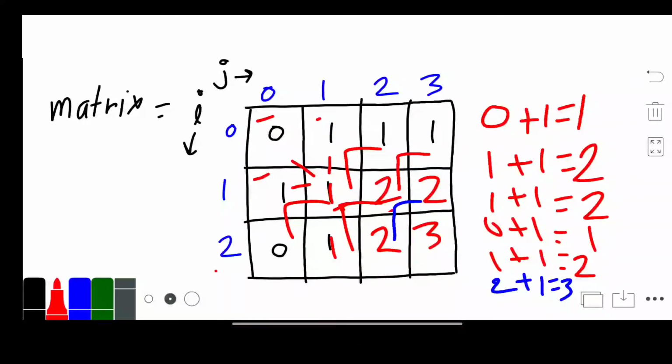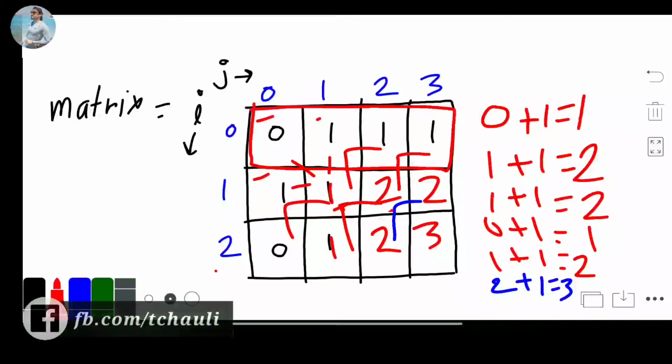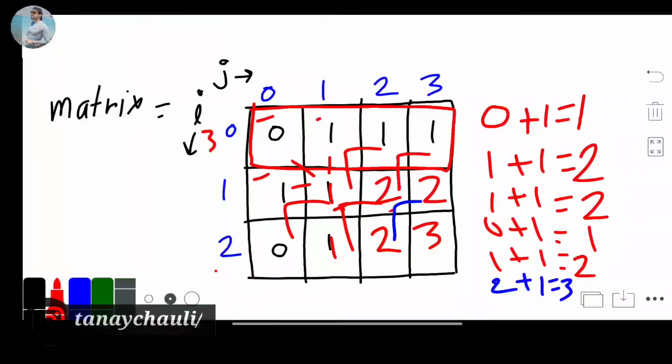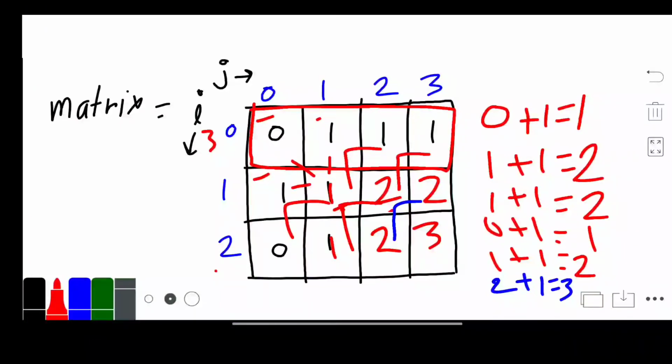Now we have to calculate the sum of each row. First we calculate the sum of row 0: 1 1 1, so the sum is 3. Then we calculate the sum of the next row, that is 1 1 2 2. So that is 6.